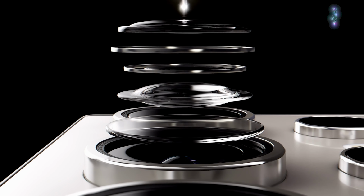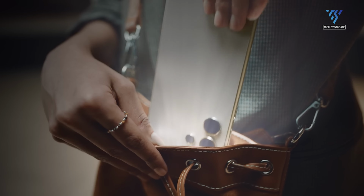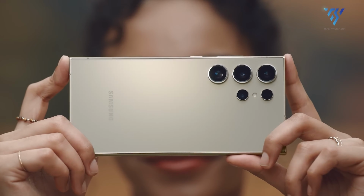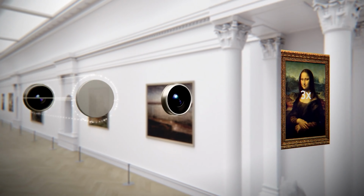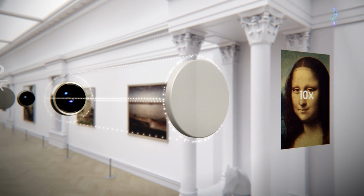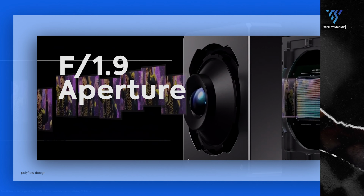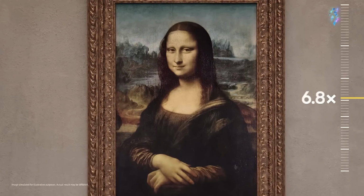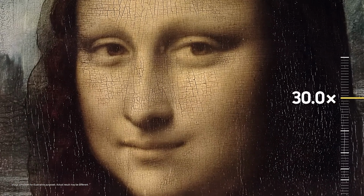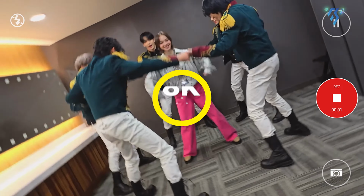The Galaxy S25 Ultra is set to receive a significant camera upgrade, primarily focusing on its ultra-wide lens. According to leaks, Samsung plans to introduce a new 50-megapixel ultra-wide camera with a brighter f1.9 aperture, replacing the current 12-megapixel f2.2 setup. This change promises enhanced detail, especially in macro shots, and most likely enables 8K video recording from